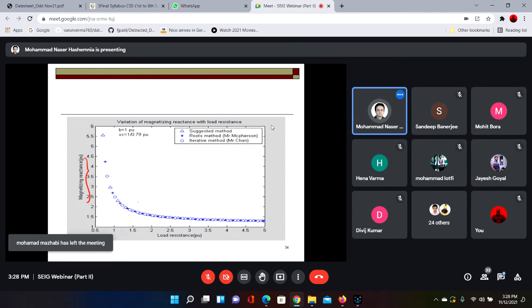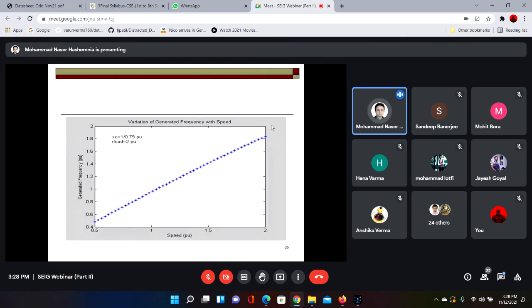Let me go to the other plot. This is the relation between speed and frequency. In this simulation, I have assumed that I am changing B. This speed is B. I have changed B and I have observed A. At any point, B is a bit higher than A because we are in generating mode, and there is almost a linear